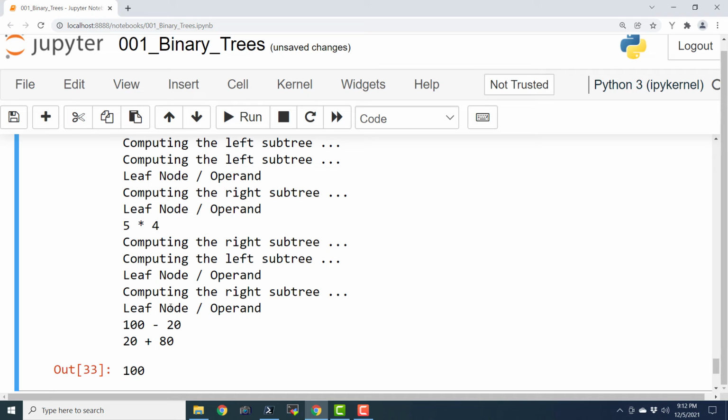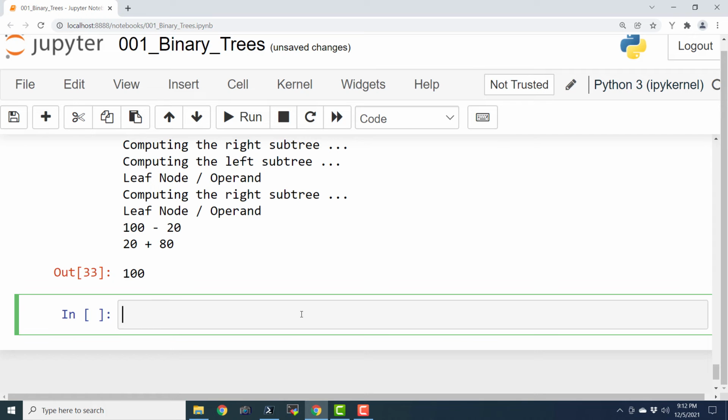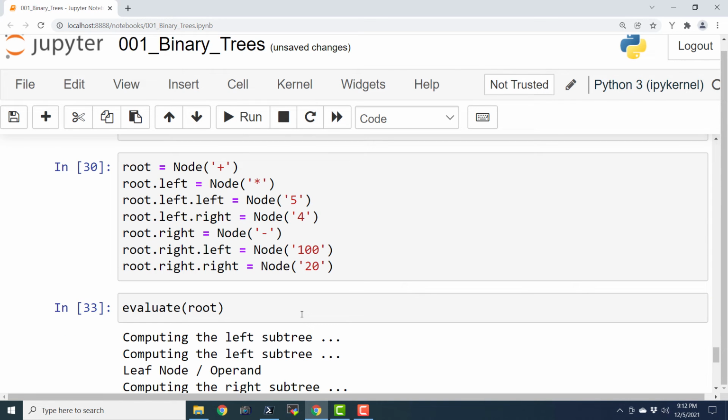This is how it shows us what operations it performed and what final operation it performed. So this is how we can compute an expression tree.